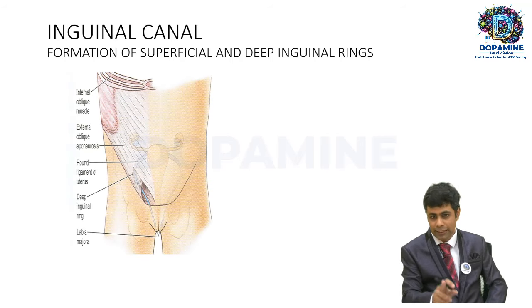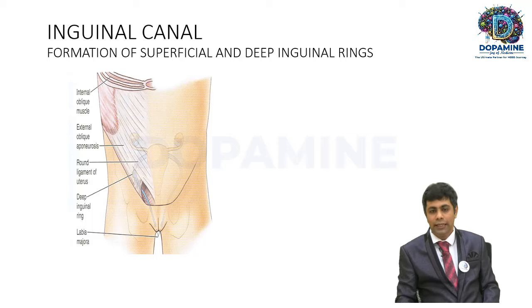So, you can look at the picture. The defect is triangular. It is formed by the aponeurosis of the external oblique muscle. You can see there, no? This is the external oblique muscle, and this is the aponeurosis of the external oblique muscle. And you can see as it attaches to the pubic crest here, okay, it divides into a lateral crura and